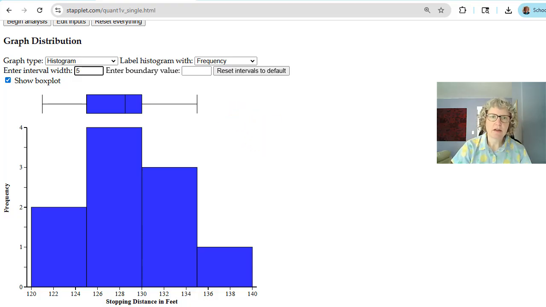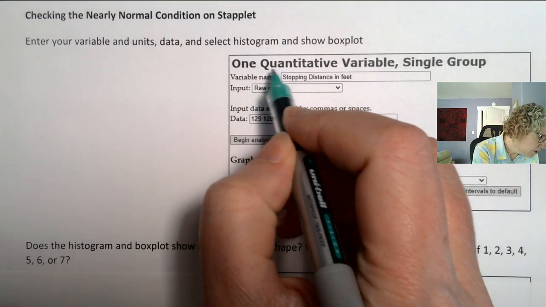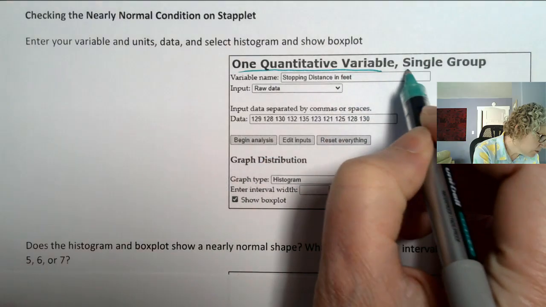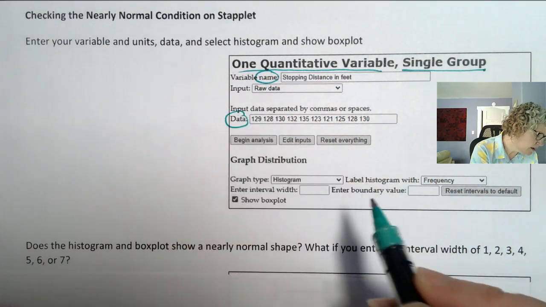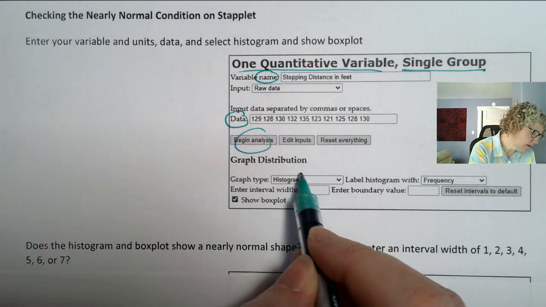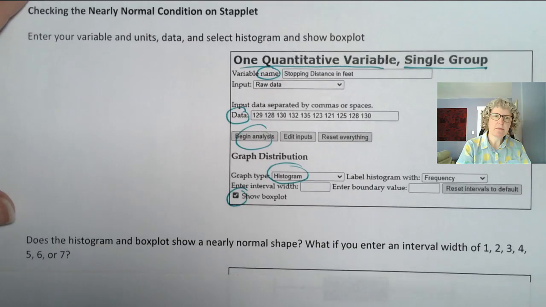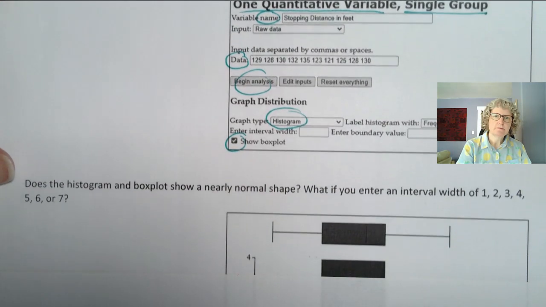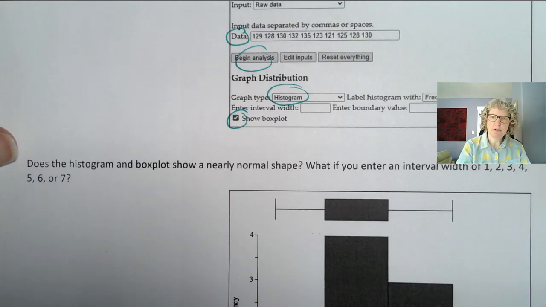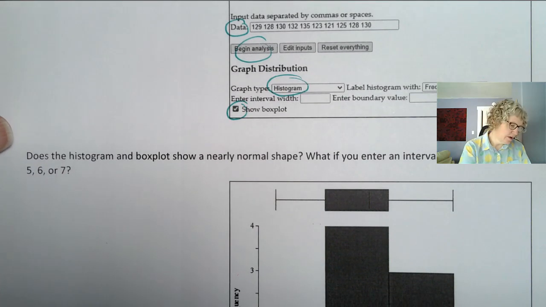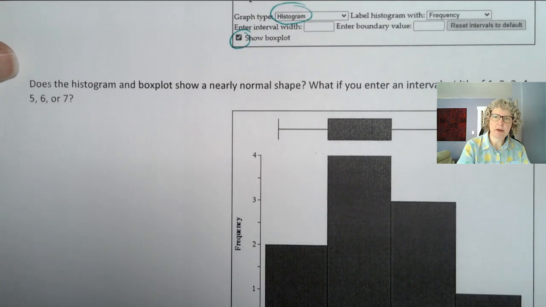Okay, so let's go back to the notes. This is what we did. We've got one quantitative single group. We put in our labels and our data, begin analysis, histogram, and box plot. And then, does the histogram and box plot show a nearly normal shape? I was just playing around with different interval widths there. I don't think I went up to 7, but